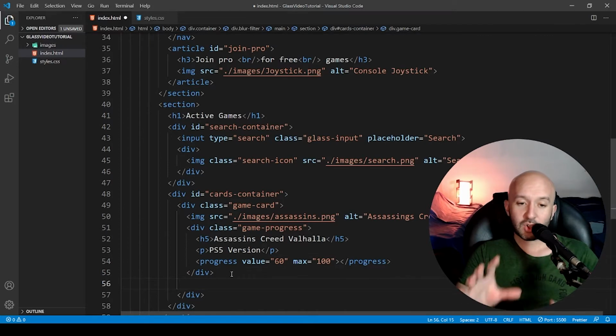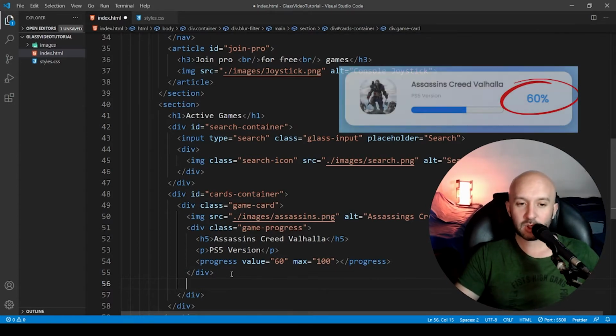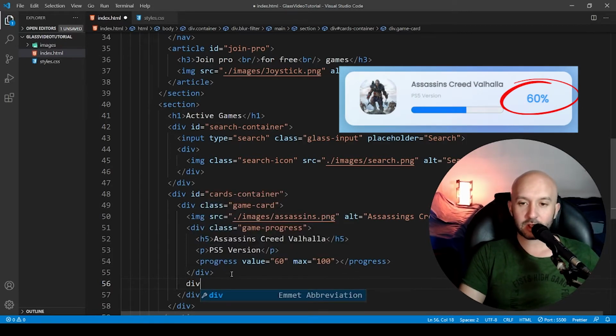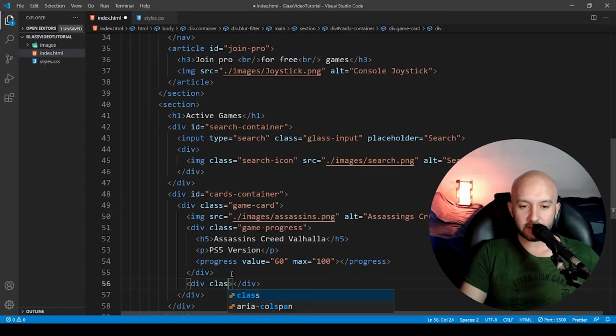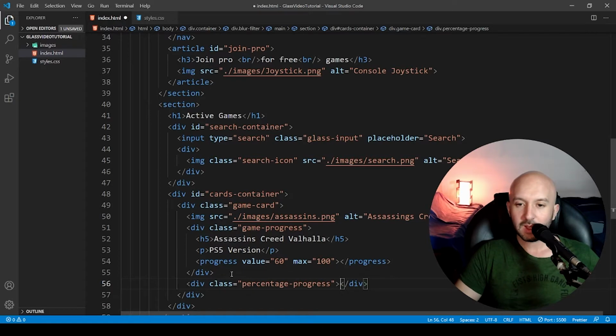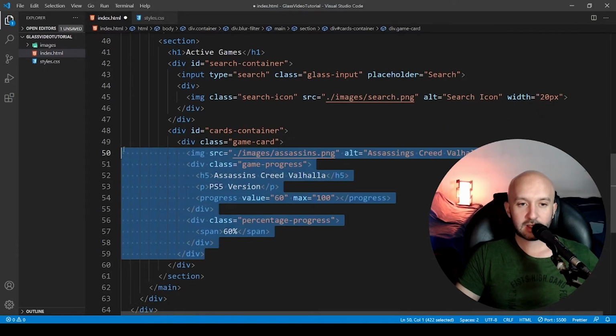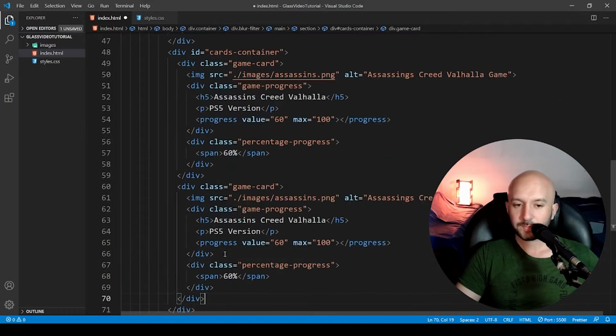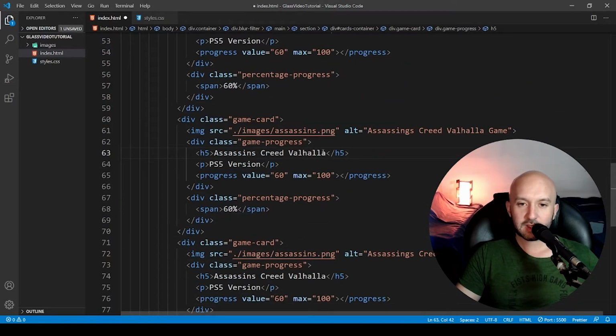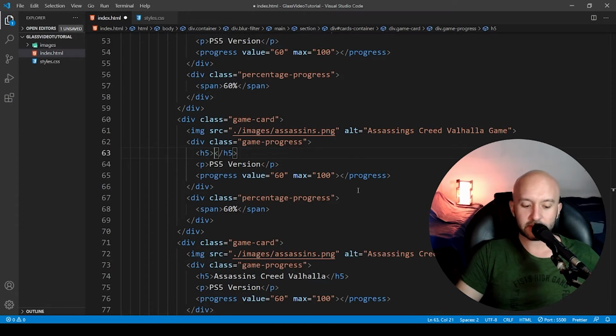Then we will also have the number progress. In this case, we put it in a separate element, so this will be the third element in the game card to the right, and this will have its own div, of course, with a class of percentage progress. And inside of it, we will just have a span with the percentage of the progress. And that will be about it. So let's go ahead and copy all this 2 more times and just modify this accordingly. So let's change this to